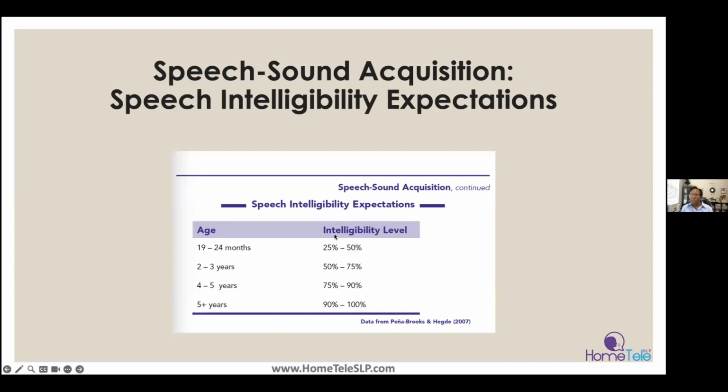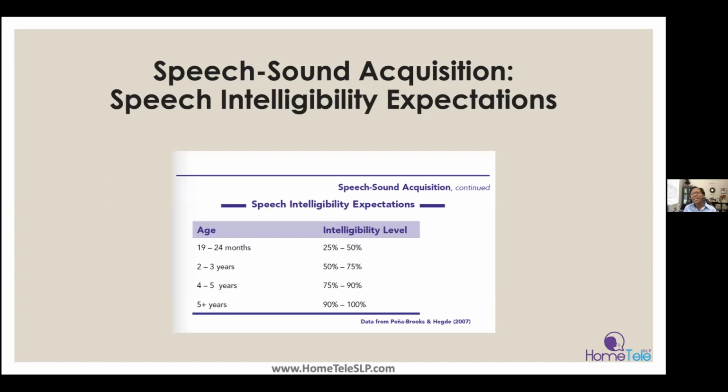All right, moving on, we're going to talk a little bit about speech intelligibility. As you can probably guess, when children are younger and their sound system is still expanding, they're not as intelligible as when they go from being 1 to when they become 5 and 6, right? Not only are they able to use their oral motor skills more swiftly, more fluidly, to connect consonants and vowels as they're talking, they're also able to produce the sounds more clearly.